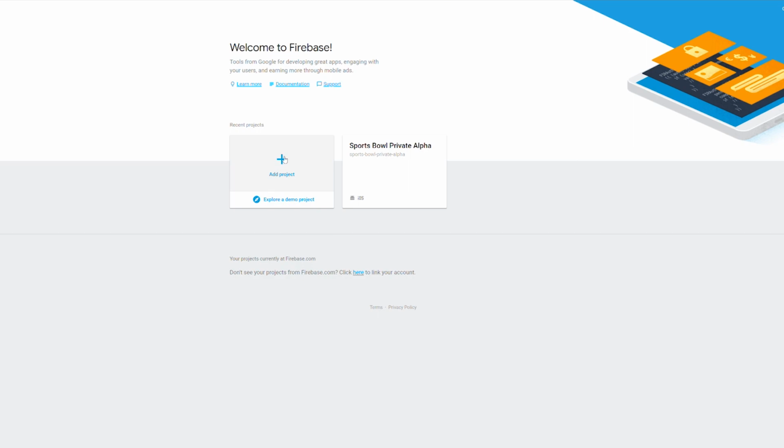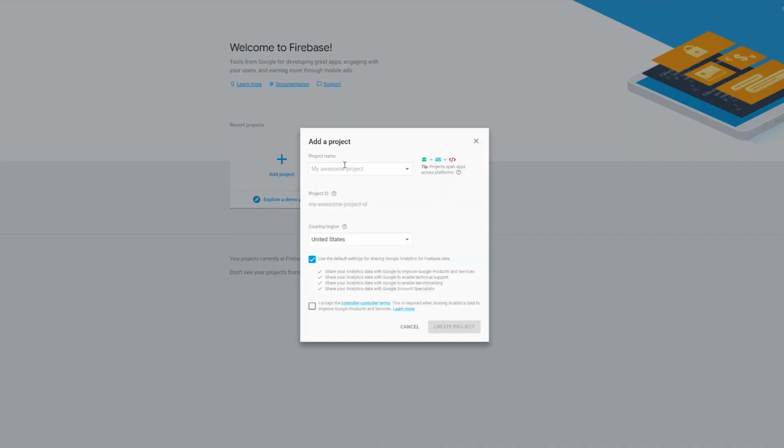But for this demo, we're just going to create a new project so we can go through this whole process here. So just type in a project name. Push notification tutorial, and then it's going to assign us this project ID. And then down at the bottom here, you can accept the terms and conditions for sharing your analytics data with Google. So you can just go ahead and uncheck that if you don't want to share your analytics data with Google. But I recommend that you do, so just go ahead and check that bottom box, and we'll create